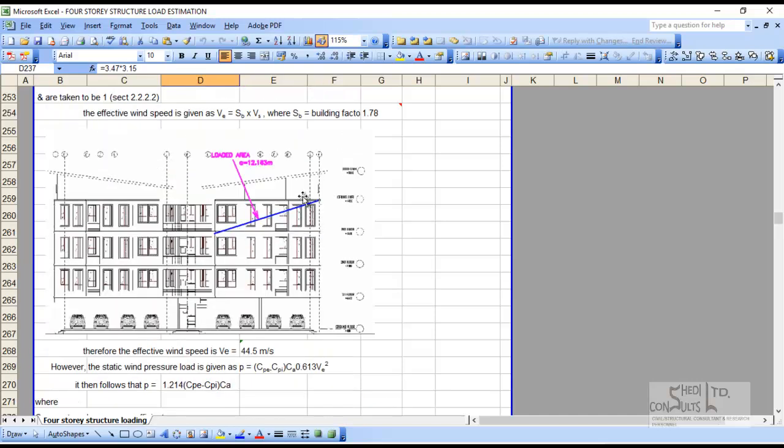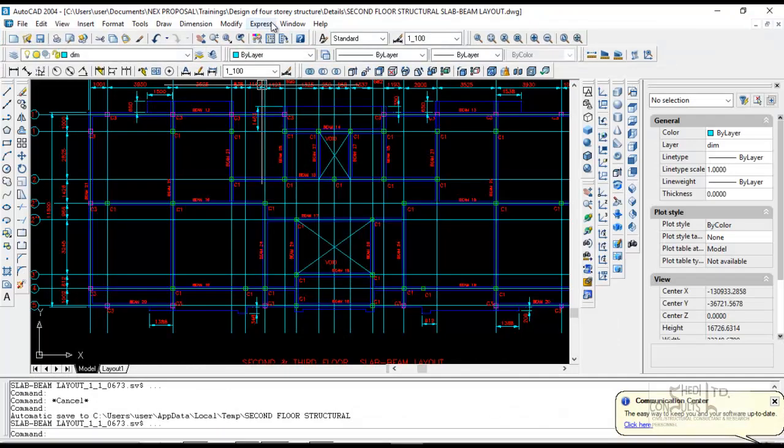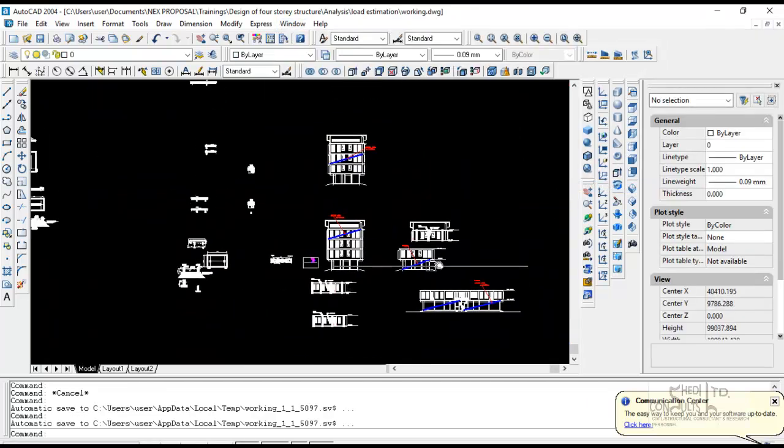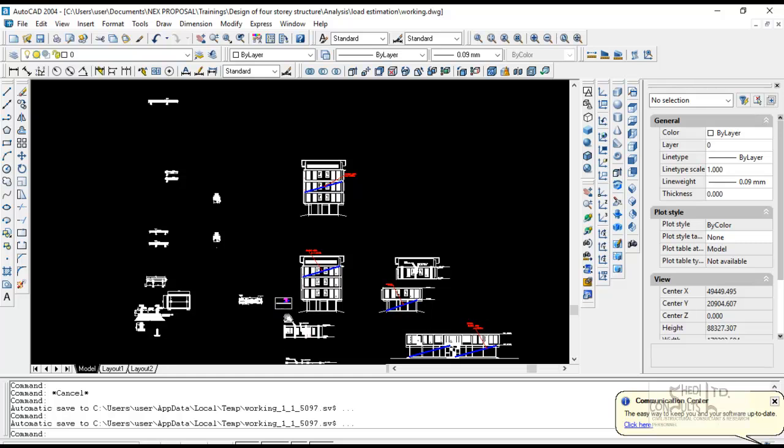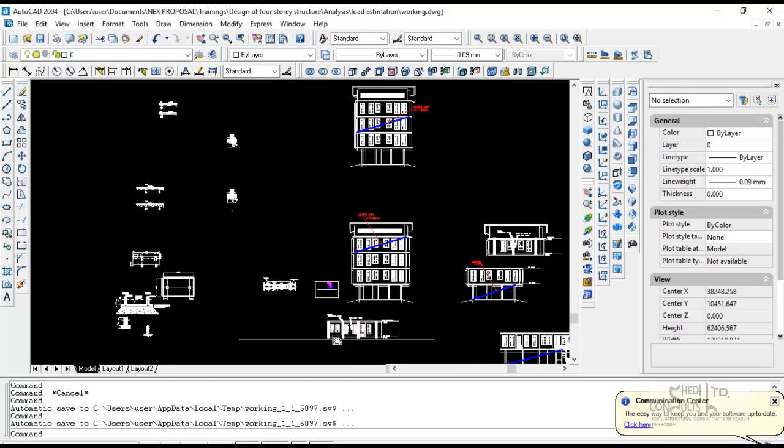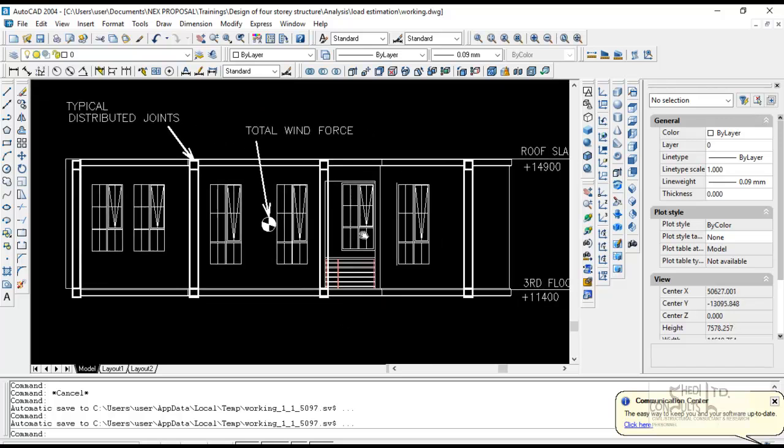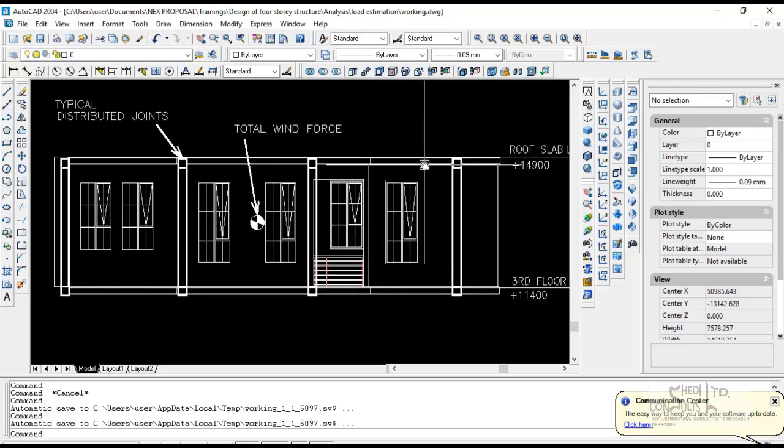The total wind force is the wind pressure times the enclosure area. So for a closed area like you have in this building, where we assume that the windows are all closed, this structure will be rigid. The total wind force, assuming that the pressure intensity between the two elevations does not change. Let's look at this. Now, the pressure intensity, you're looking at the transverse direction. So this is in the transverse direction. If the pressure intensity between 11.4 and 14.9 of the wind pressure doesn't change,